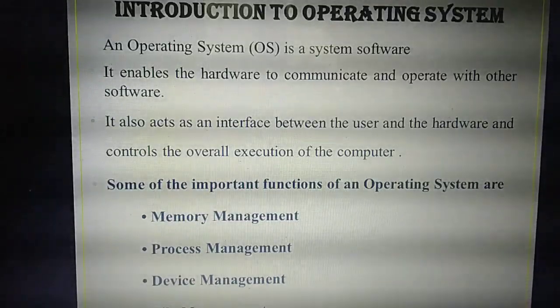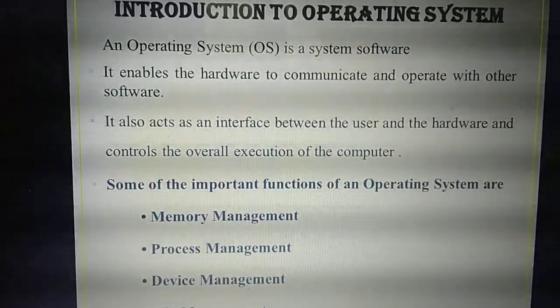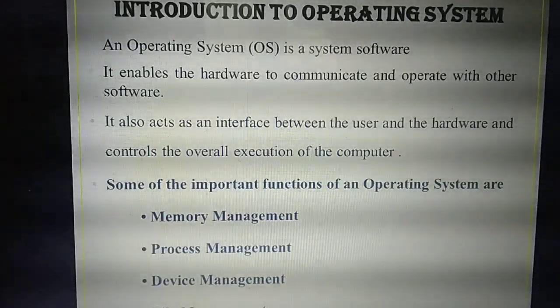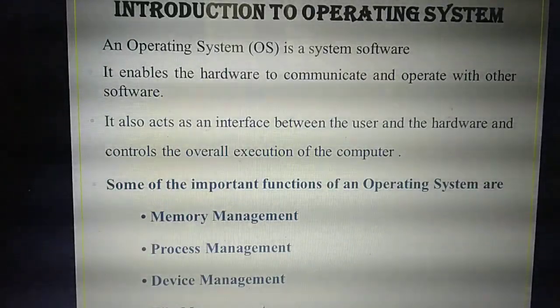Understand? So that's the second point they have given. It enables the hardware. That means what are the hardware? Maybe keyboard, mouse, motherboard, printer, scanner. The things you have connected to your system, those devices need to communicate with your system properly. That support or interaction is done by whom? This operating system. It acts as an intermediary or interface. So it acts as an interface between whom and whom? User and the particular device.